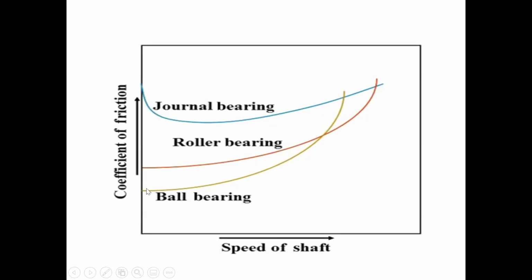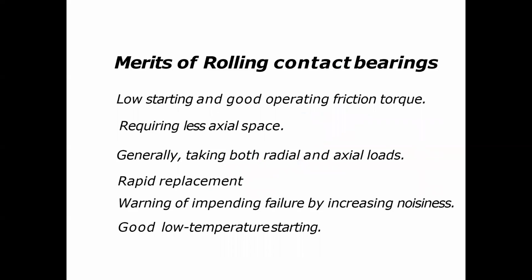So this is one of the limitations, that when we are working at very high speed, when the rotation of the shaft is very high, we never use rolling contact bearing. We go for the general bearing, because at very high speed, more than 2000 or 5000 rpm, the roller and ball bearings are not used. Then we go for the sliding contact bearing.